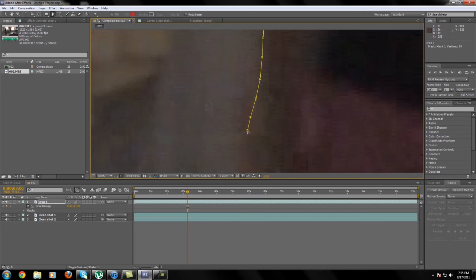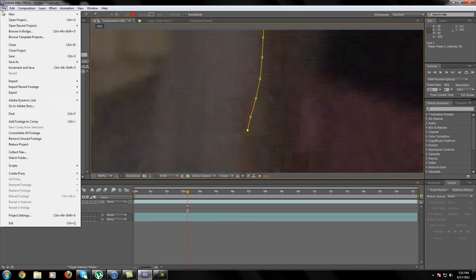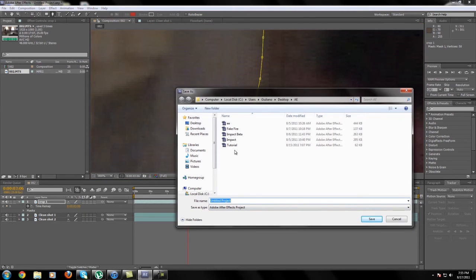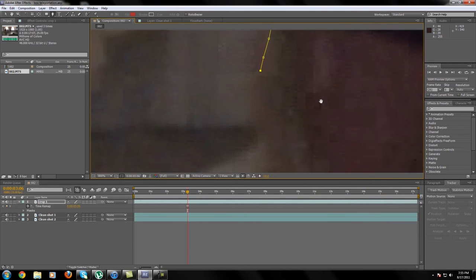And an extremely important thing, which I forgot to mention before, is actually to always save your project. So I'm going to go File, Save as. Let's just name this box teleportation. Save. And actually, why this is so important is because I was making this exact same tutorial maybe 2